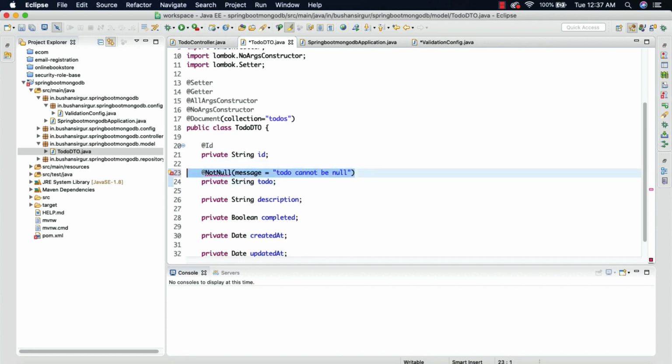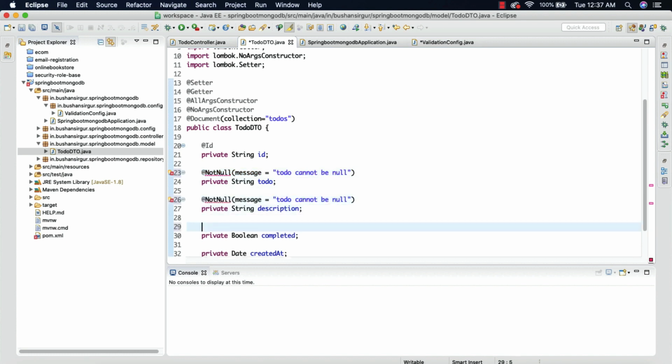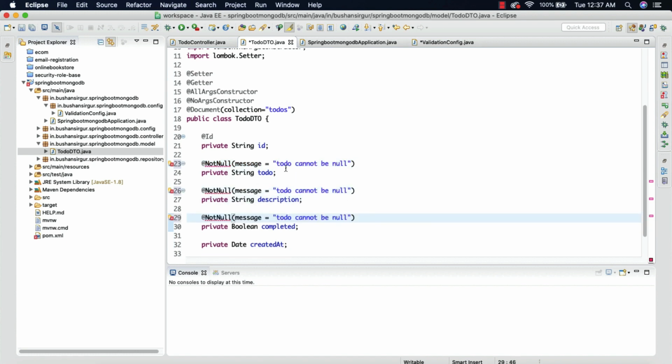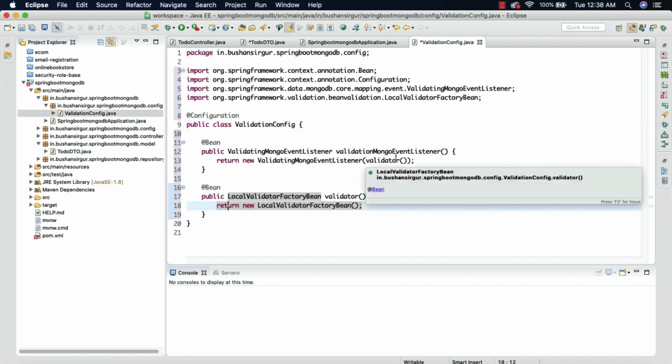We are going to repeat the same thing for the description and the completed as well: description cannot be null and completed cannot be null. Let me import NotNull, and now we have added the @NotNull annotation for the properties, and we have created a configuration file inside the package config.